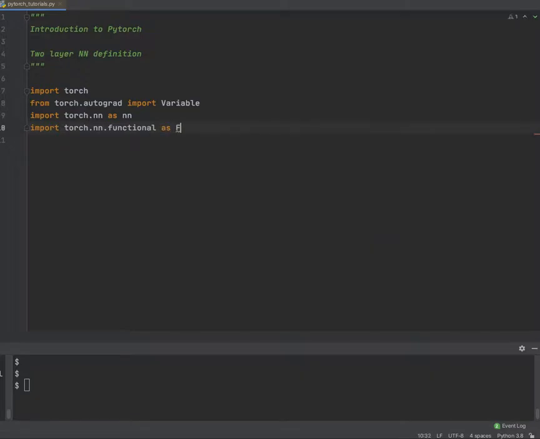The way it's generally imported in most of the documentation is as F, very similar to the common practice of importing numpy as np and pandas as pd. So we generally import torch.nn.functional as F, and this will be useful to import various activation functions which are defined